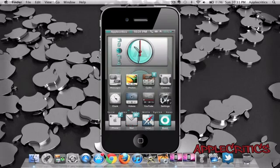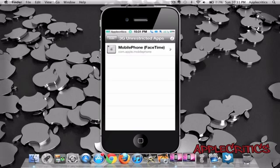Now 3G Unrestrictor 5 basically unrestricts all those Wi-Fi apps, and it lets you use those functions of the app over 3G, and you can also use it with Wi-Fi as well. So here's how it works. So once you open up 3G Unrestrictor 5, you will see that I have